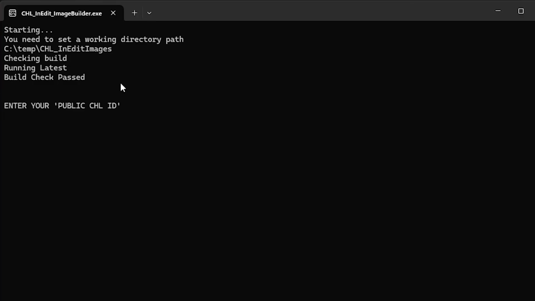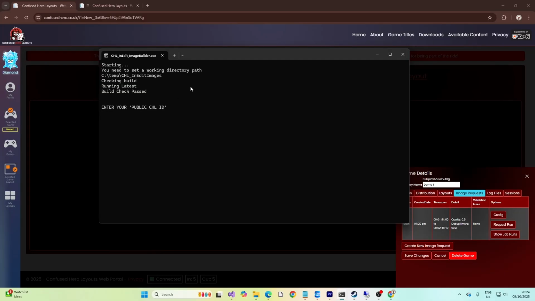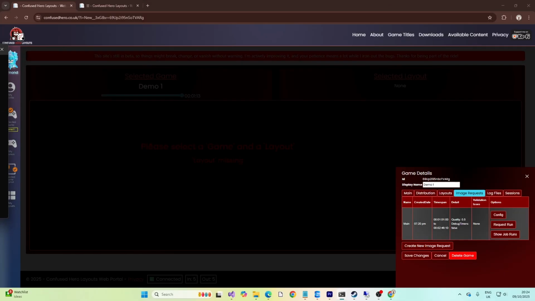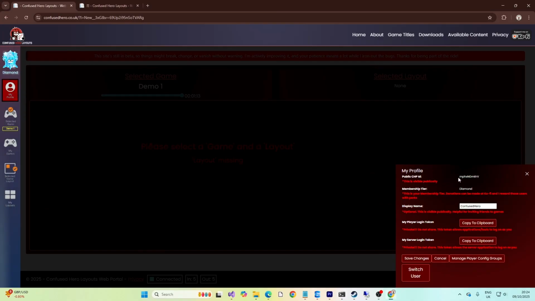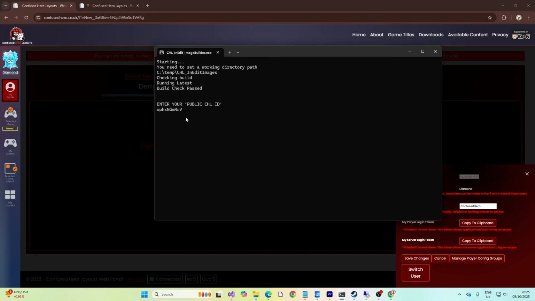The next question you get asked is your public Confused Hero Layouts ID. This is the ID that you get issued, which you're allowed to share. It's a public ID. It's just if you want to connect as a friend or identify you very easily if you're on a support desk or something. Very easy to do that. You'll find it under the My Profiles tab right at the top here,